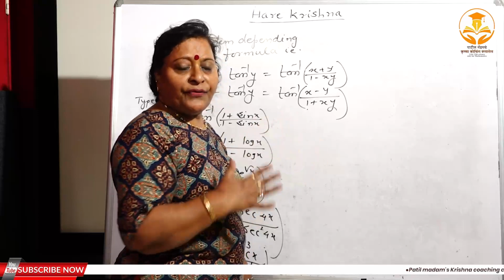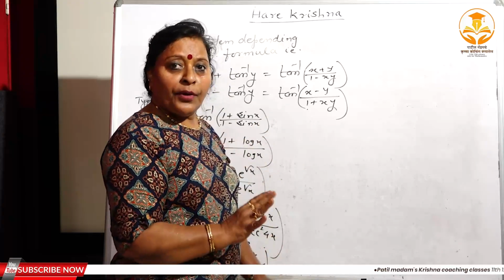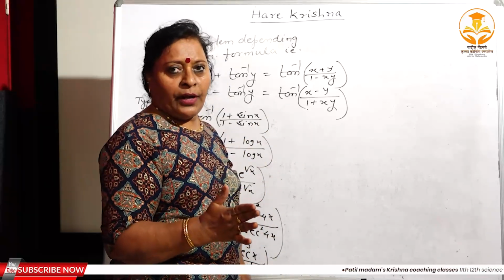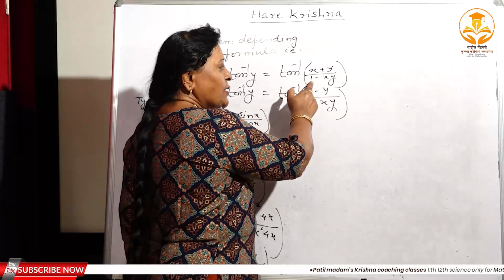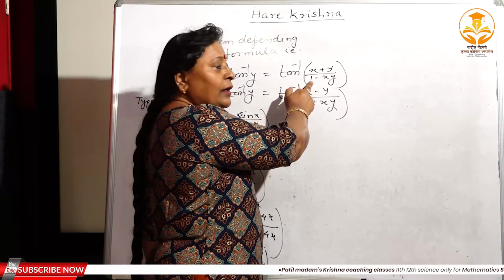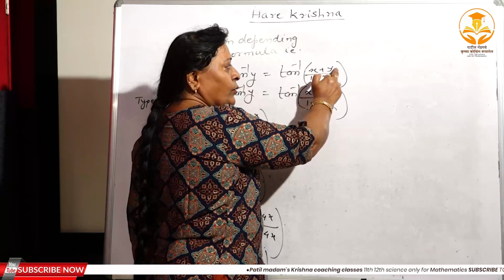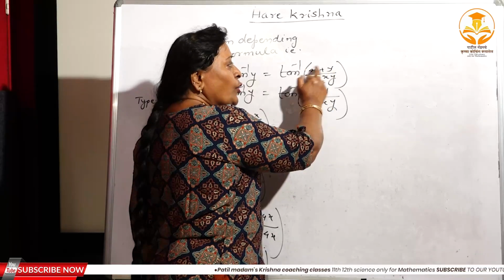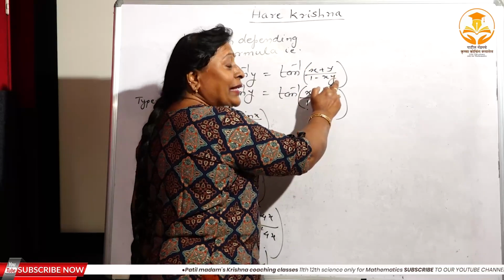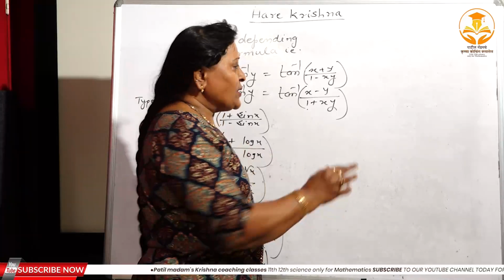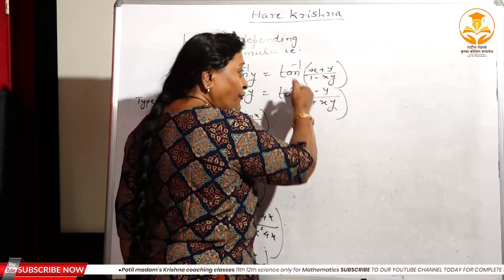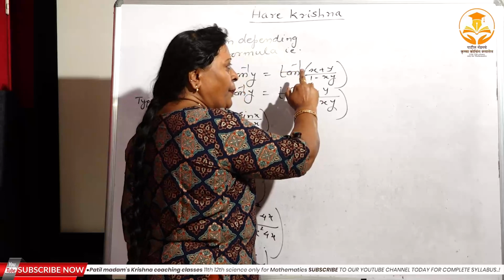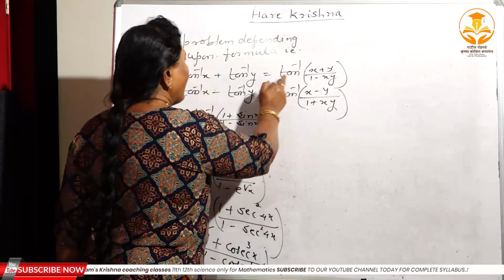First you have to decide the formula, first think about the formula and what actually the formula is. See, 1 must be there, and whatever 2 terms you add, we want their multiplication here, right? If your problem is in this form,